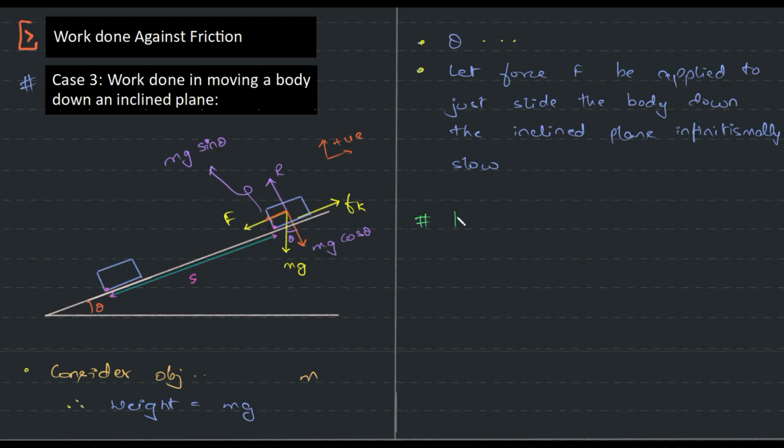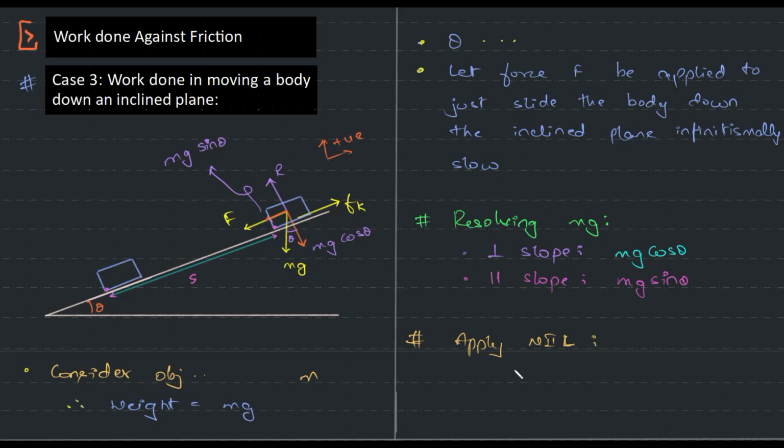Then we need to show this resolving of mg. One is perpendicular to the slope. So perpendicular to the slope, it would be mg cos theta, and parallel to the slope, it would be mg sine theta. If you don't have time in exam, you need not show this resolving, we already have shown it. So this is me being organized. Then we'll apply Newton's second law,